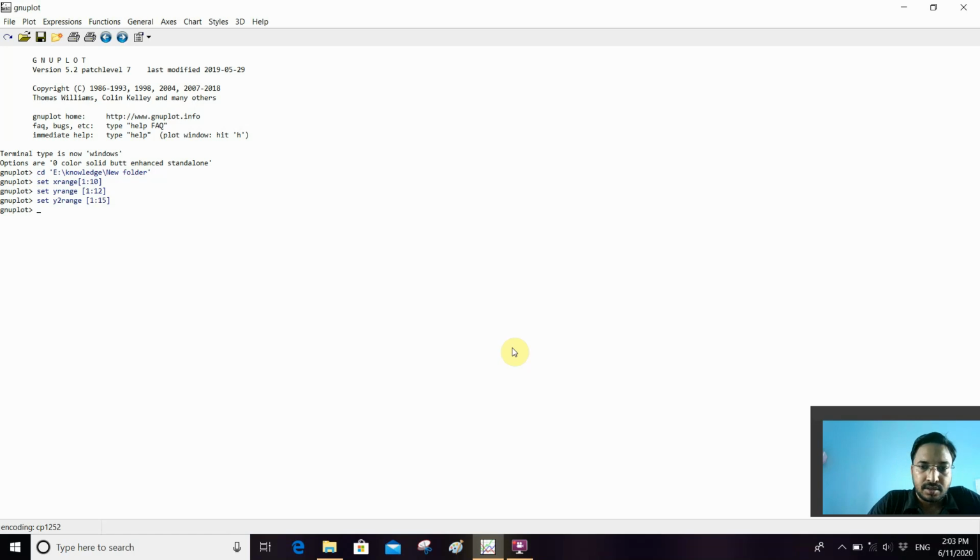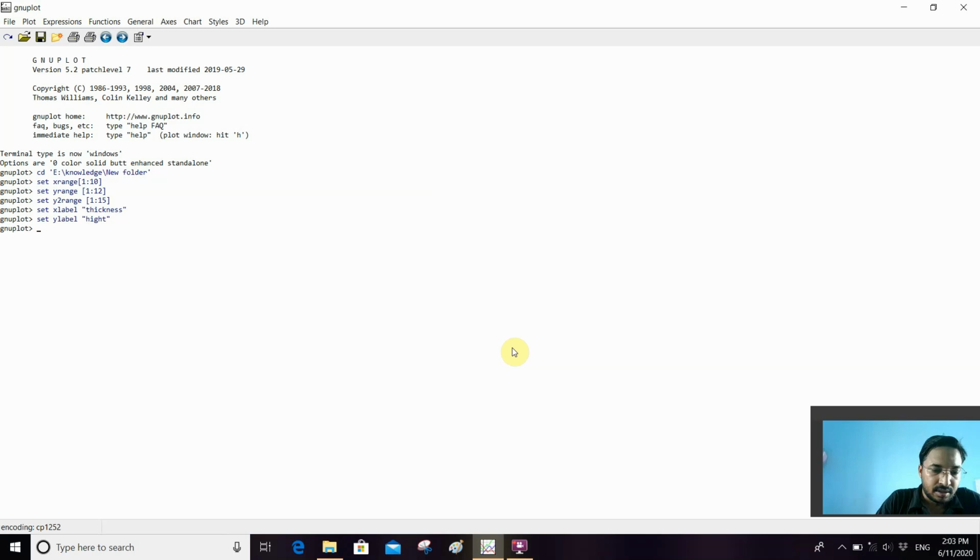Now it is time to set the labels. For setting a label we command set x label. The label name is thickness, close, enter. After this I have to set y1 label, and the name of the y1 label I am taking is height.